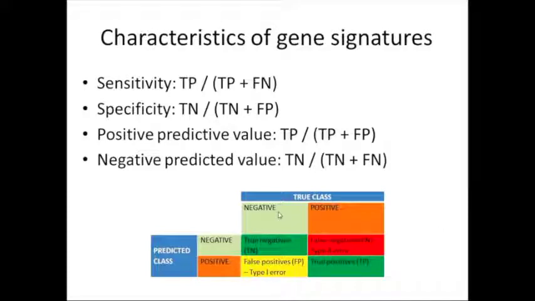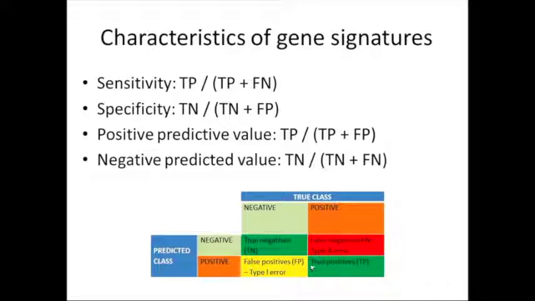True negatives, patients that have a negative answer of a test system, that belong to a negative class, whatever this negative class means, that are predicted as negative by our gene signature. So these patients belong to a group of true negatives. Similarly, patients from a positive class predicted as being in this class are true positives,